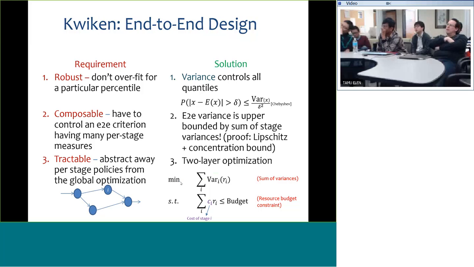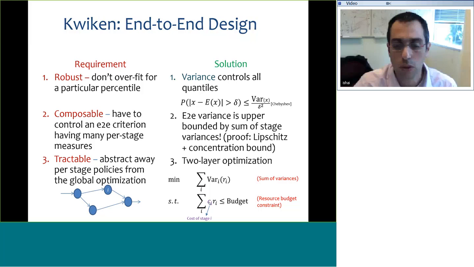So this is what you want to minimize, subject to a constraint on the budget. And as I mentioned, each stage has its own cost coefficient. If a stage involves a lot of machines, the cost coefficient would be high. What's nice here is that if you make a certain change in one of the stages, you don't need to simulate again the effect on the end-to-end latency or on the percentiles. You can just look at the change in the objective function. So this is what we mean by composability, which is very important.